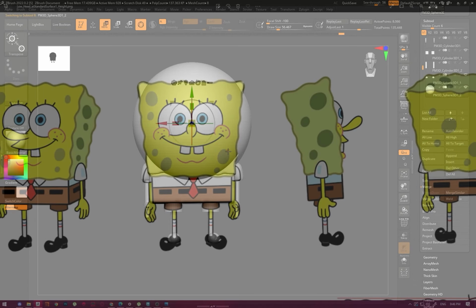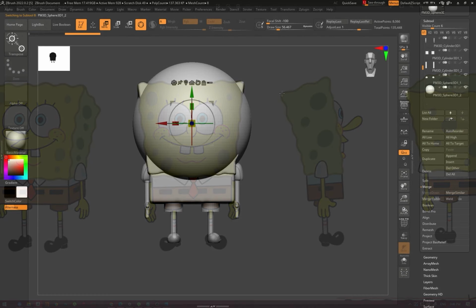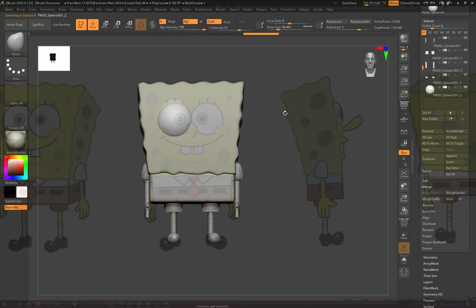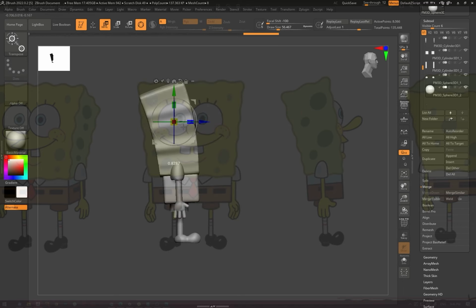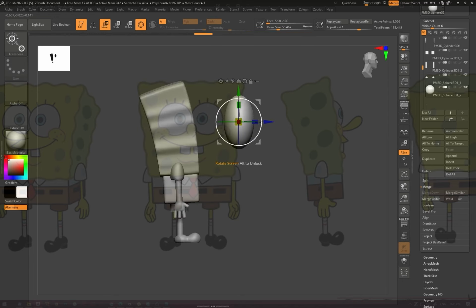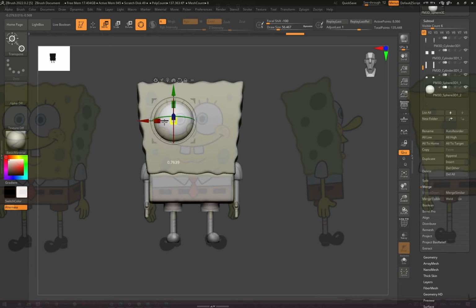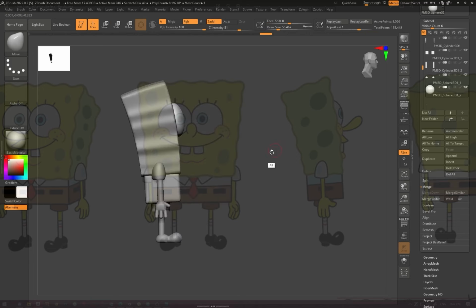I'm gonna append the sphere and make the eyes first. They are somewhat easy to make, so we just take a sphere and we need to adjust it according to front view and side view. So the two views may not be the same, so we need to find the average for them. So basically, if it's a bit bigger on one side, it's totally fine, so we just find the average between both views,